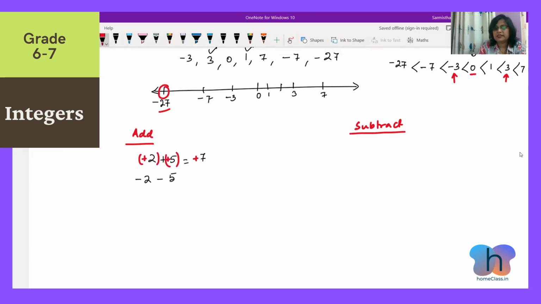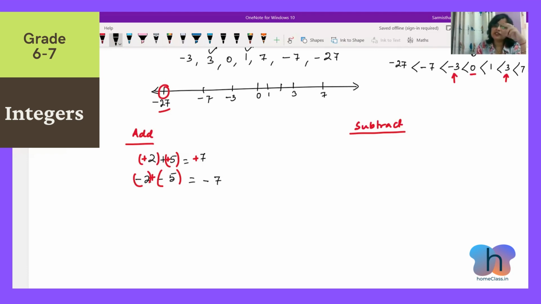So this is +7. And here you need to write putting a plus sign and a bracket, so that we can understand this is an integer, we are representing a negative one. Now when the signs are same, we need to add the numbers and put the same sign. Here we have minus, so we will put -2 plus 5 is 7.